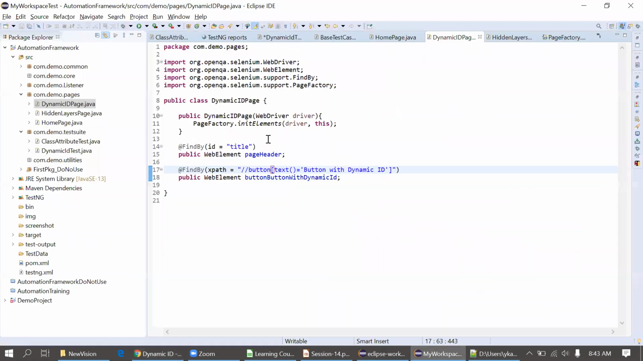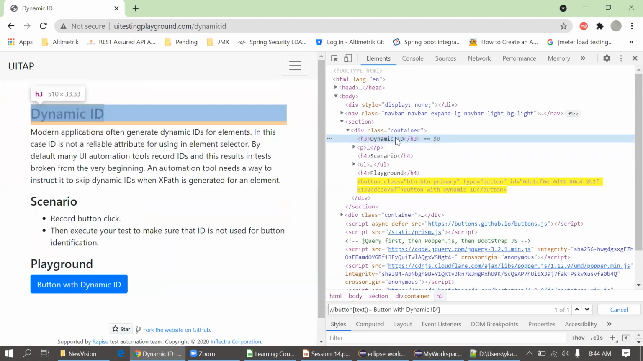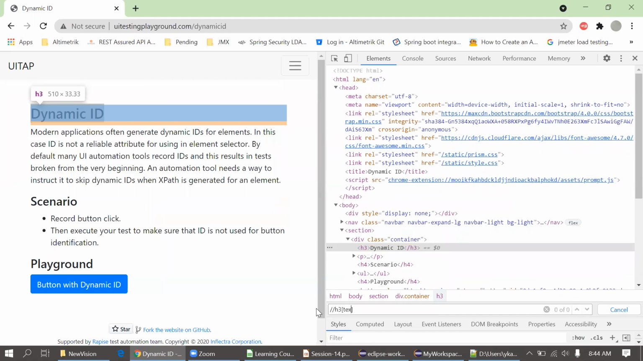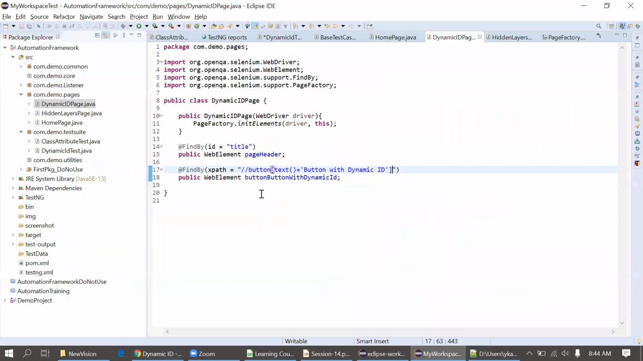Text. Okay, so previously we created by ID. Now in this case we will just create by the text. Okay, H3 is a header at third level. I'll just create an H3 and we'll put the text, header name. Okay, so I'll just put the XPath here. I will make this ID as an XPath. Okay, so this page header is for only this dynamic ID page. Okay, so I have done this as well. I have created locators for this dynamic ID. Then